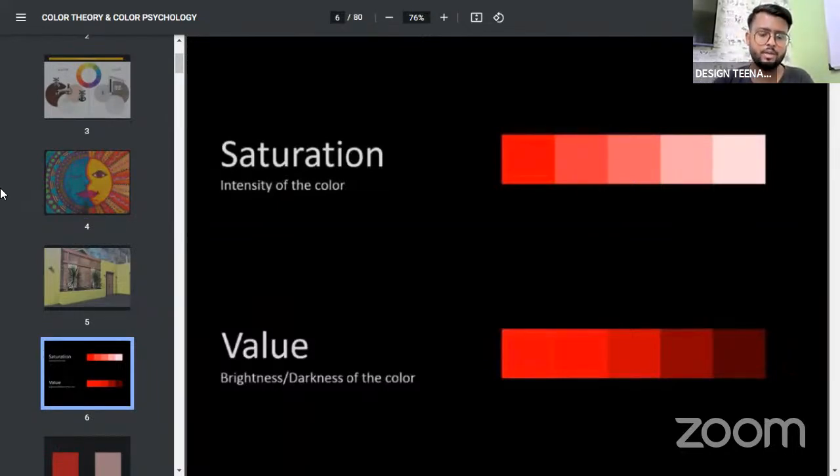That is your saturation, or the intensity of color. So what is saturation? Saturation, or intensity of color, is nothing but, for example, you have a colored plastic door or panel. You can see through some part of it, so it's translucent. Over there, the intensity of the color in that plastic panel is low. Now you have the same color but in opaque plastic. In that, the intensity of the color will increase.